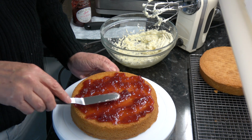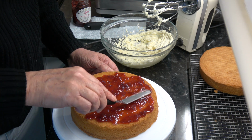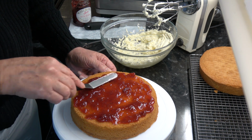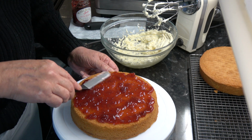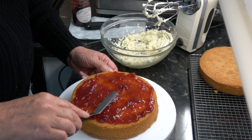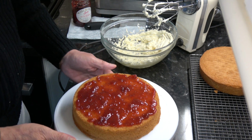And you can see the chunks of strawberry in this, but you don't have to use it. You can use raspberry jam, anything you want really. No reason why you shouldn't use apricot or blueberry if that's what you prefer. So we'll just set that aside for a moment